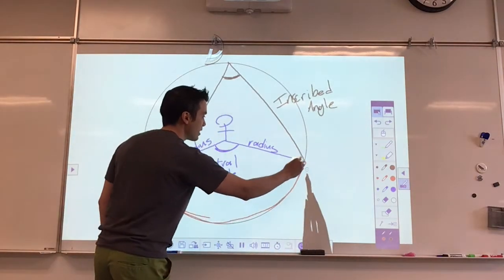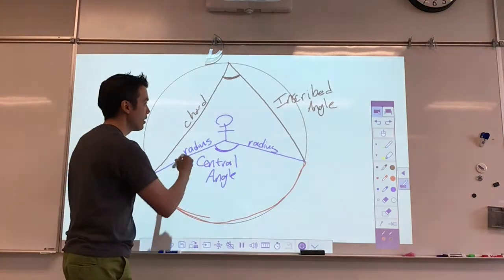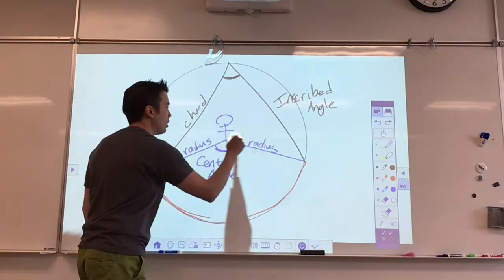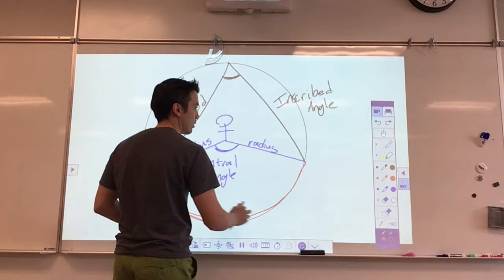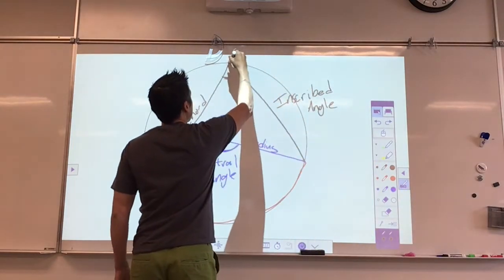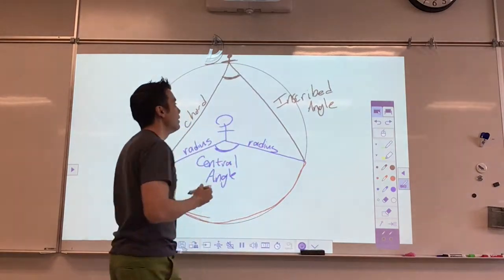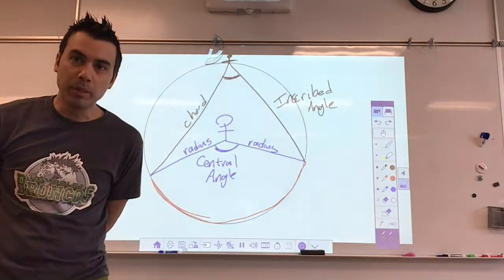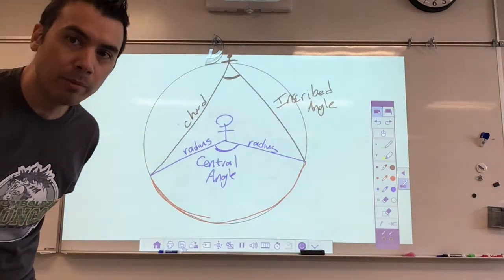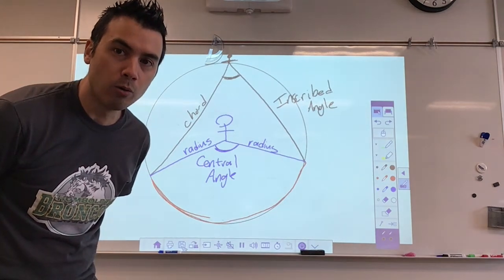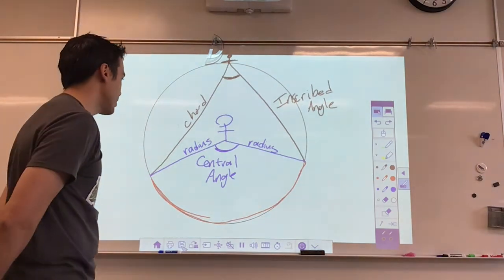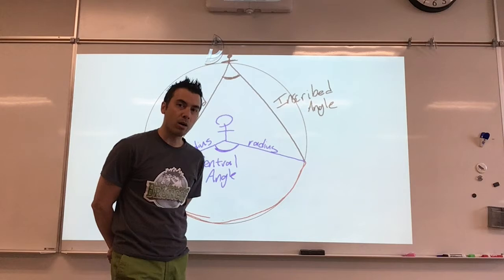This angle is being subtended by this arc. This little guy with his super long legs is standing on this arc. Same with this one. He is a teeny tiny little guy with really, really long legs, but he's still standing on that same red arc that you can hopefully see. And when they're both standing on the exact same arc,